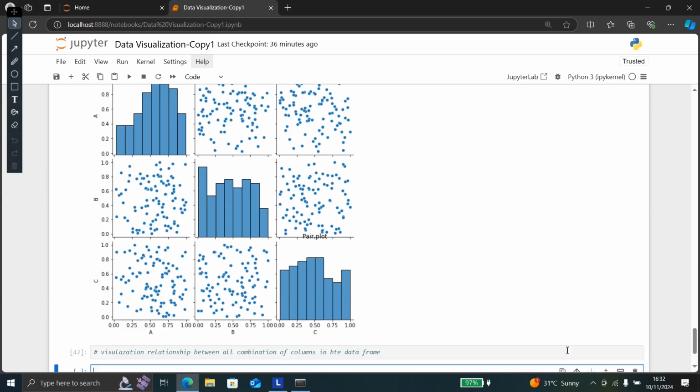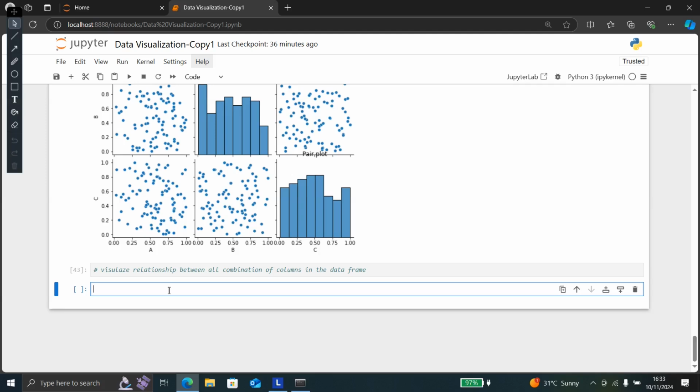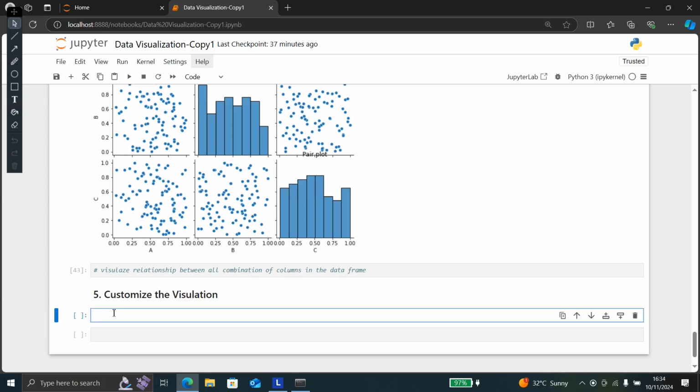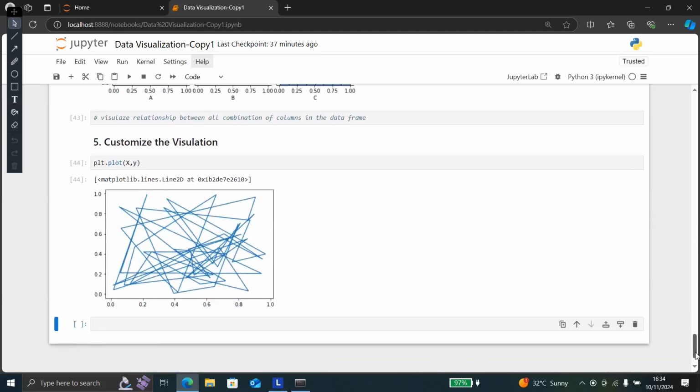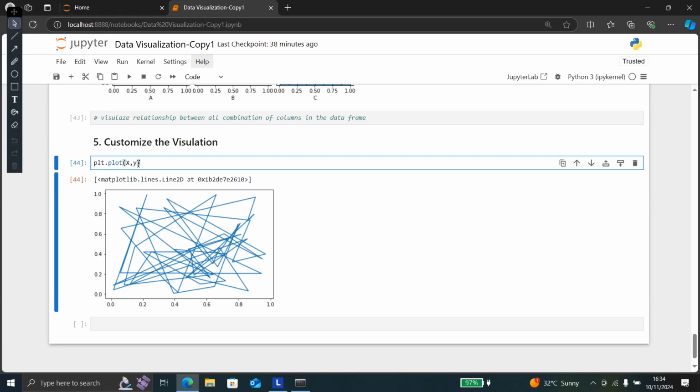ऑल राइट, ओके। तो नेक्स्ट है हमारा कस्टमाइजिंग विजुअलाइजेशन। तो हम लोग पढ़ते हैं कस्टमाइजिंग विजुअलाइजेशन को। तो यहाँ पर मैं लिख देता हूँ कस्टमाइज। फॉर द एग्जाम्पल मैं यहाँ पर एक लाइन प्लॉट को विजुअलाइज करता हूँ, ठीक है। प्लॉट डॉट प्लॉट एंड विथ रिस्पेक्ट टू एक्स एंड वाई। ऑलराइट, मैंने यहाँ पर बेसिकली लाइन प्लॉट को विजुअलाइज कर दिया।